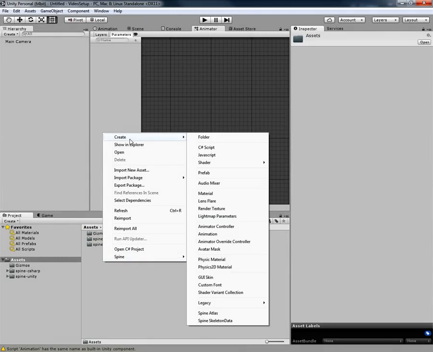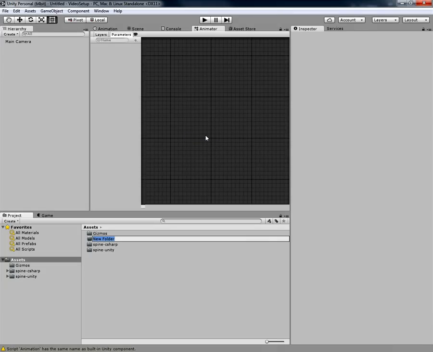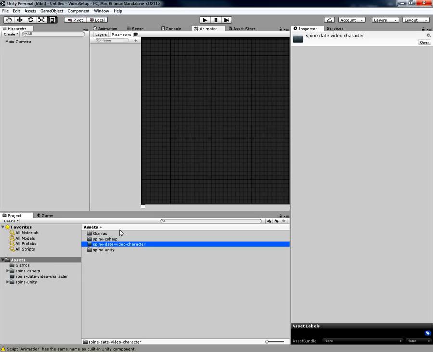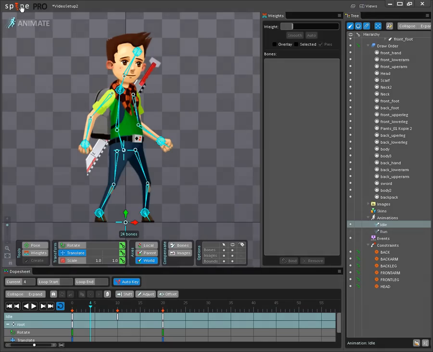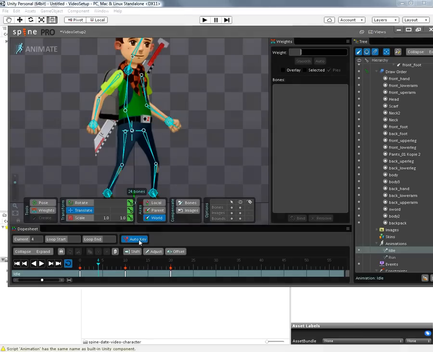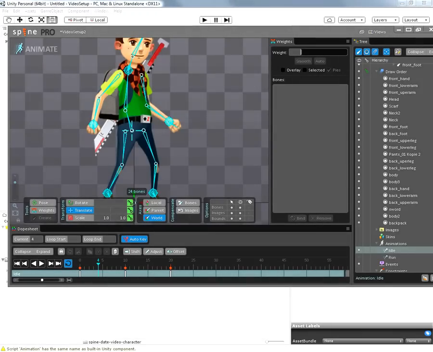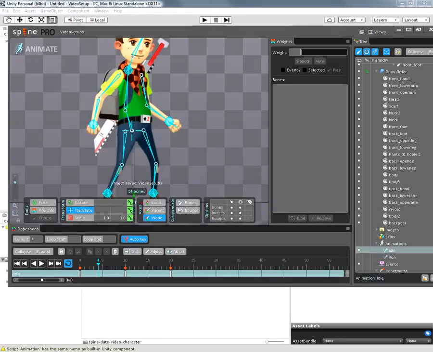What I'm gonna create now is a spine data video character folder. That's the folder I'm gonna export my animations to. So go back here, maybe save the project again. Okay, and then